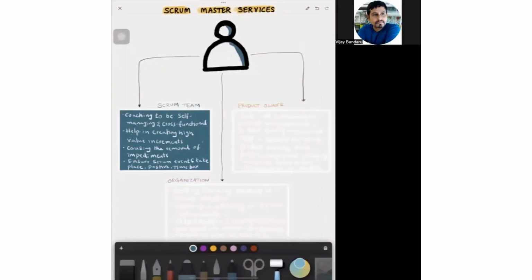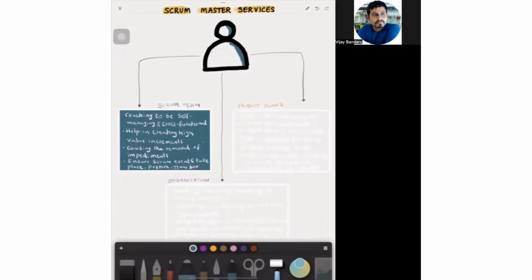Generally, an impediment means something which will slow down the team. It could be a dependency on another team, or something requiring approval from management or leadership. Anything that slows down the team, the Scrum Master will help cause its removal. Generally, impediments can be divided into two types: team-level impediments and global, systemic, or organizational impediments. A team-level impediment is one where the team can resolve it on their own using their power, ability, knowledge, and skills. A global, systemic, organizational impediment is one beyond their power, ability, knowledge, and skills. That's where the Scrum Master will focus.